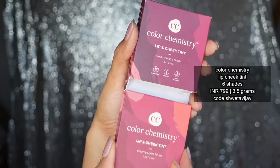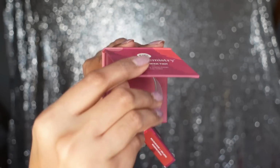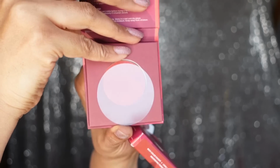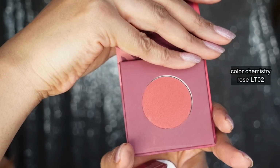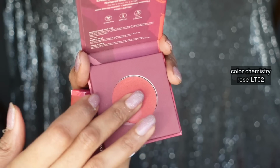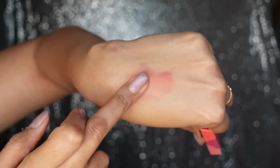I have tried this one out, you guys. It's extremely creamy and I really love this. I think they have done such a good job out here, from the packaging, where you can get color coordinated labels right out here. This shade in particular is called Rosa, and there's another one called Coconut, which is such a dark toned brownie lip and